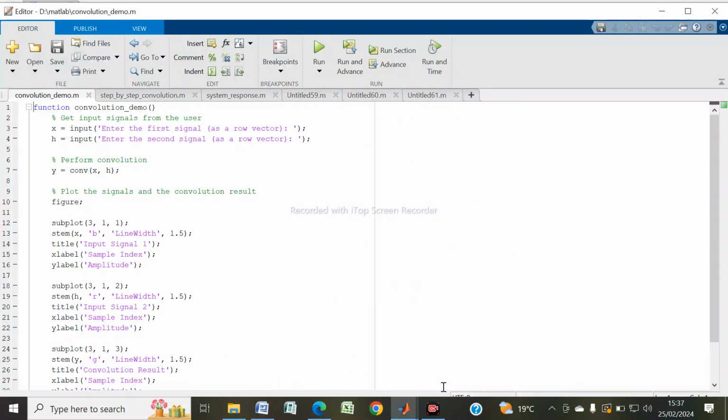Now what's our MATLAB task. In the first task, we have to make a function of convolution demo in which we input two signals, then convolve them, and then plot them. I will plot them as discrete signals, so here I use the stem function. So when I run it,